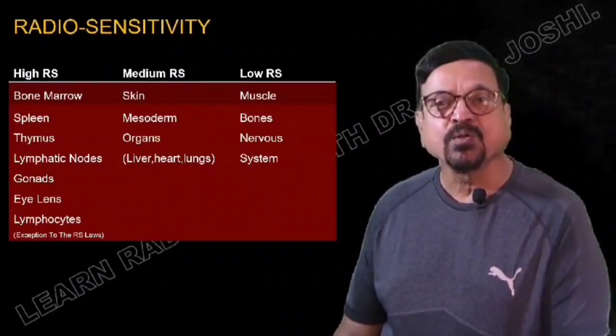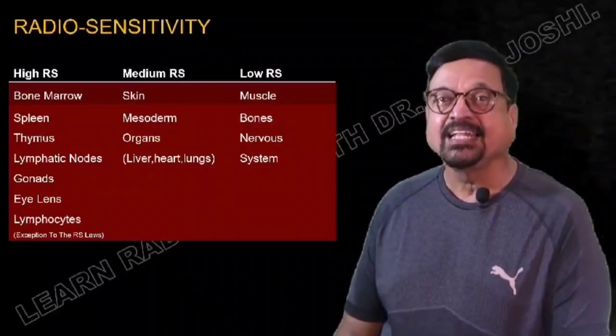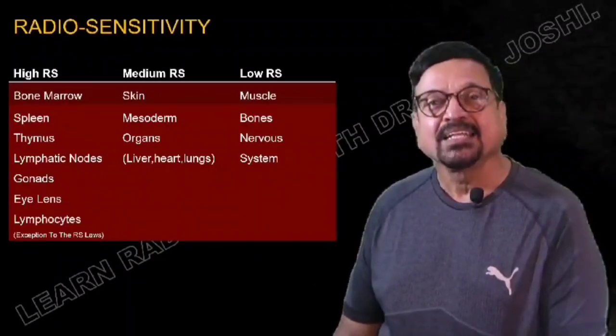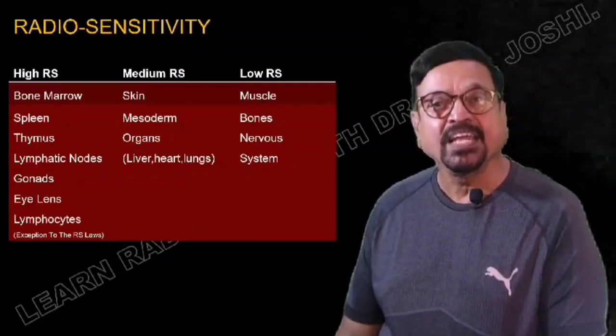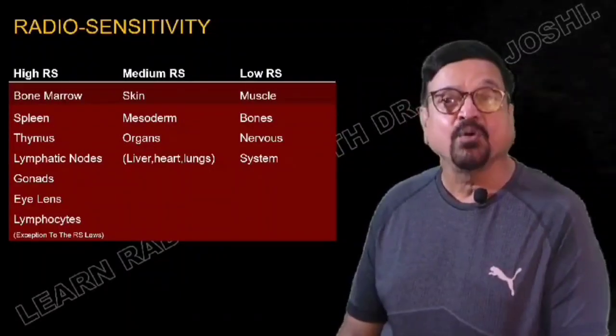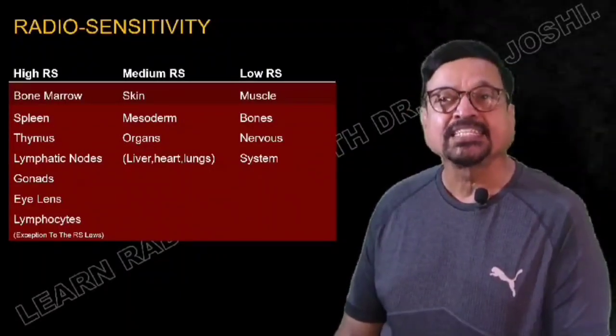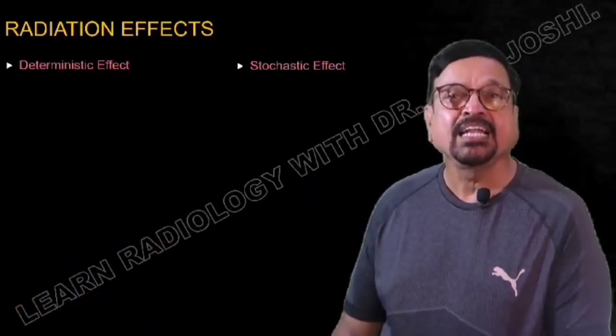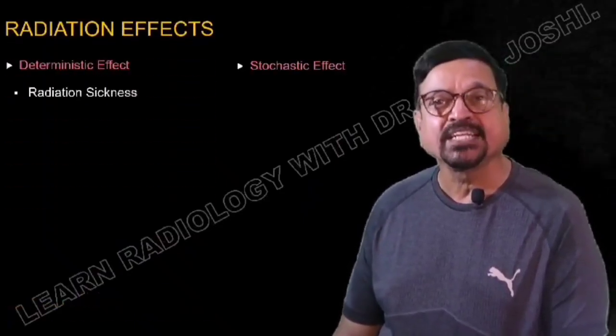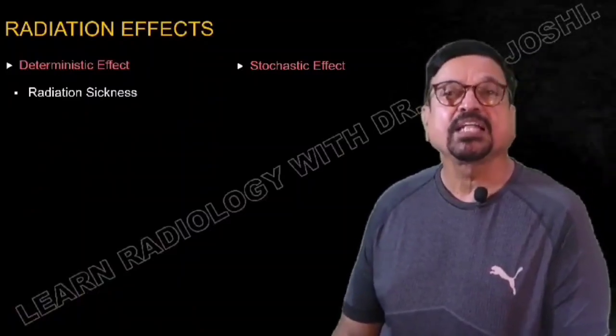What it means is that if there is a small dose of radiation, even then the organs in the left-hand chart have to be more carefully monitored and more protected, and those on the right side are less sensitive. So one can be a little bit sure that even if there is a small radiation, nothing will happen to them.